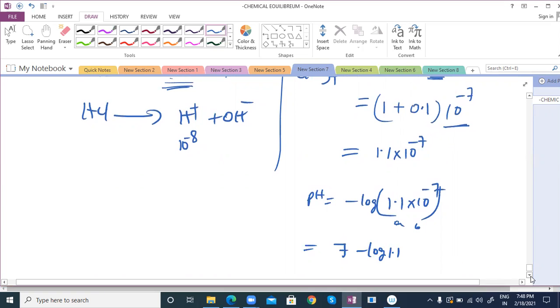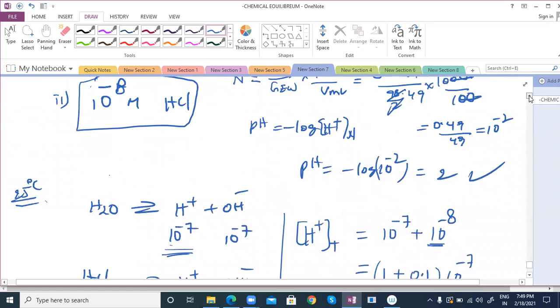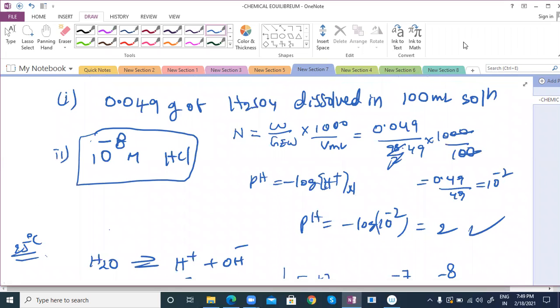Log 1.1 has some value. If you take log 1.1 and search, then approximately you'll get less than 7 only, that is fixed. 6.89 or something they gave. So is pH less than 7 or not? Yes, sir. So acidic in nature. So for 10 power minus 8 M HCl the pH is less than 7. Generally we are assuming